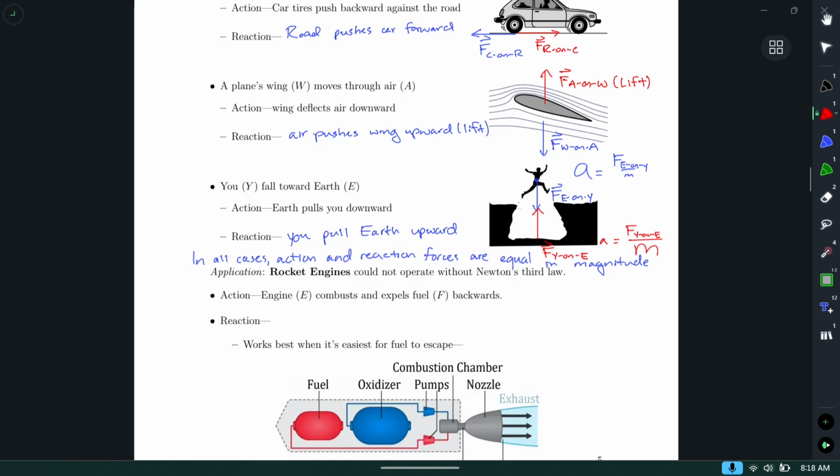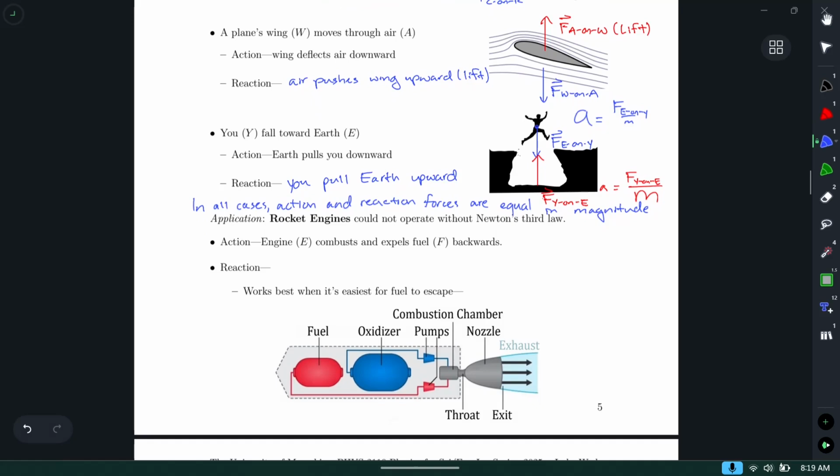If you did the math on this to compare the accelerations, ours is 9.8 meters per second per second. The Earth's is 0.00 followed by, I don't know, 10, 15 zeros, 1 meters per second per second. So it moves, but in such a way that we can't even notice it because it's on the scale of atoms. All right, and the last application of this is